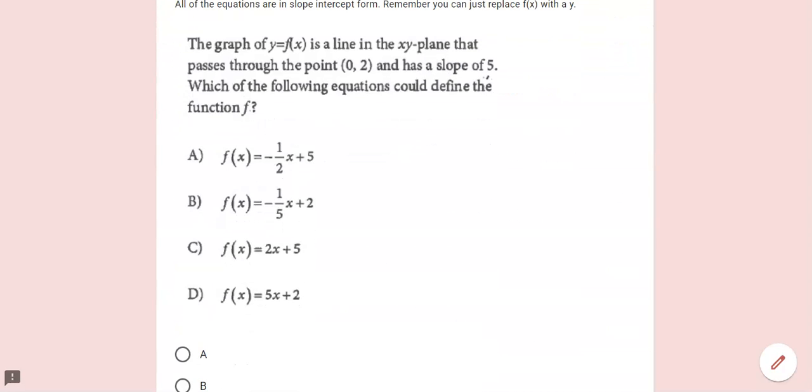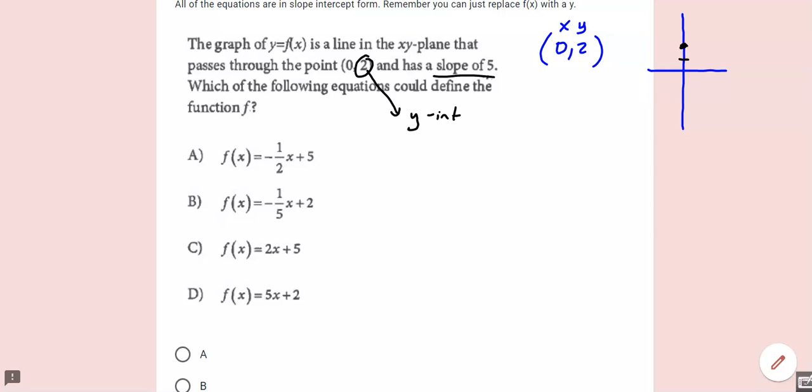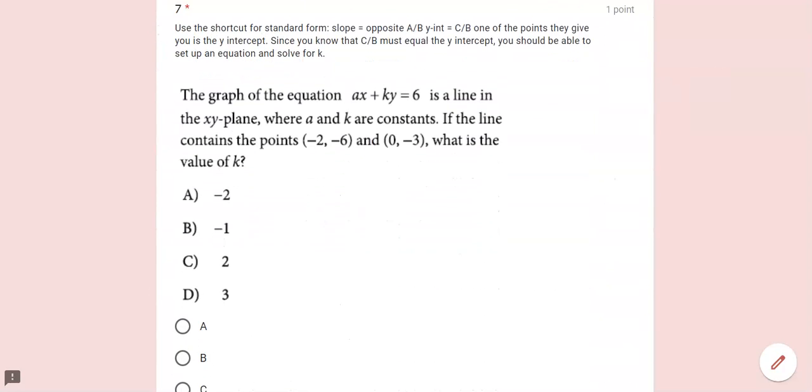Number 6, the graph of y equals f of x in the xy plane passes through the point 0, 2. So whenever you give me a solution, 0, 2, that's an x comma y. And that's actually a really important x comma y. Because 0, 2, well, you just gave me the y-intercept. So 2 is the y-intercept. And then we have a slope of 5, so that one should be pretty easy. And remember, these are just y values. Just kind of replace them with y. And looking right there, slope of 5, y-intercept of 2. Number 7